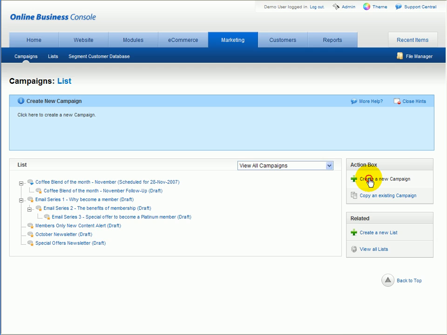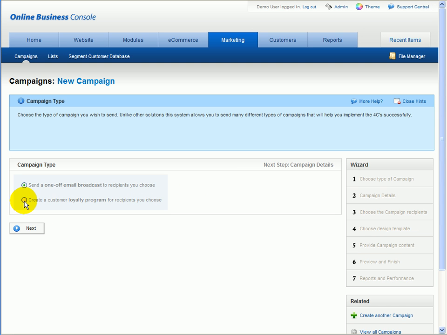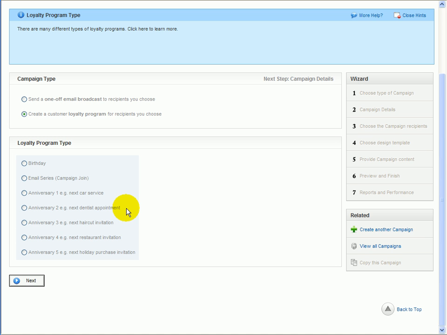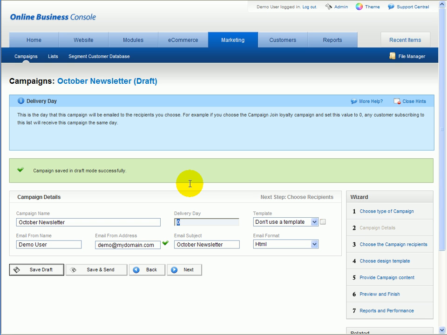When we create a new campaign, we have the option to create a customer loyalty program. Because we have an integrated contact database to work with, we can create a campaign based on somebody's birthday, or when they join a list, or one of the other 5 anniversary dates. Creating an email series, for example, will allow us to determine how many days after somebody subscribed before they get this newsletter. If we're basing it off somebody's date of birth, we can put in a negative number, such as -14,